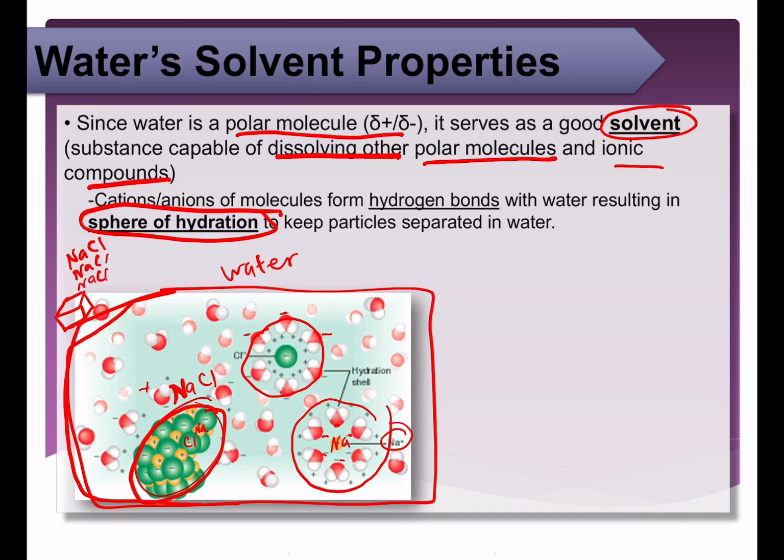The chloride ion here, being negatively charged, is attracted to the partial positive charge of hydrogen atoms in these water molecules. So that's how water can dissolve a solid and keep the particles separated from each other